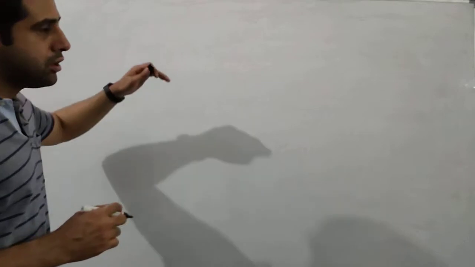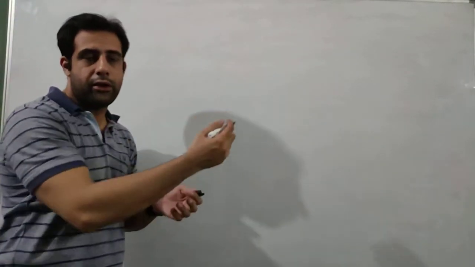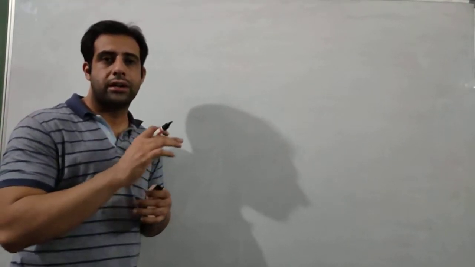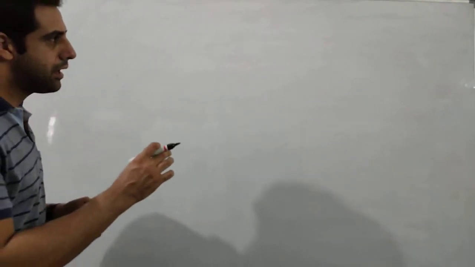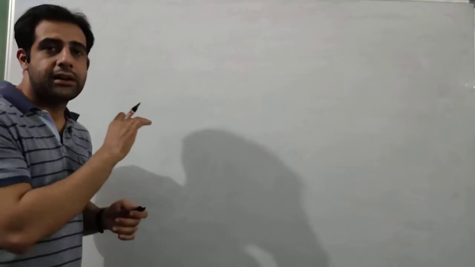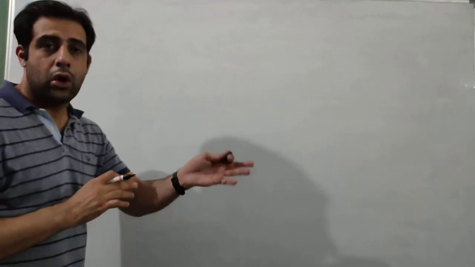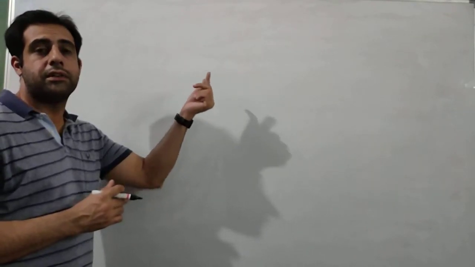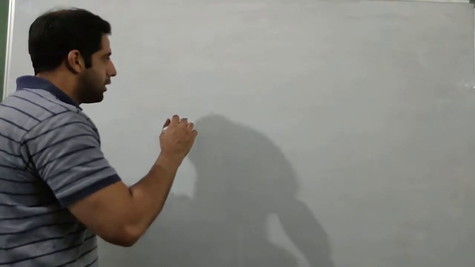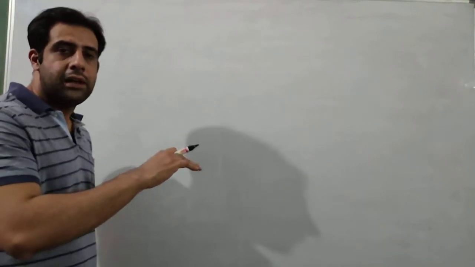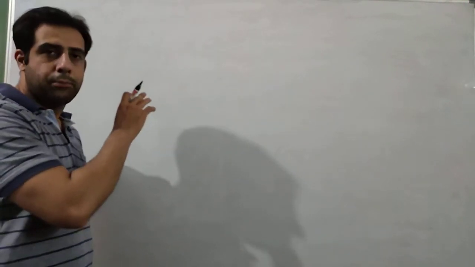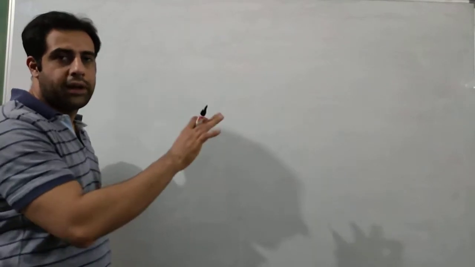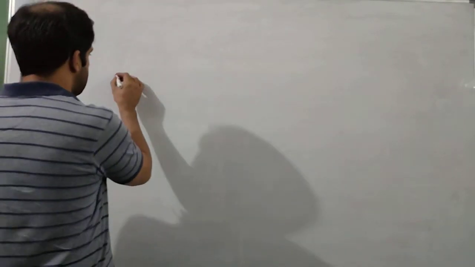Now, the first thing is to use a scale. Don't draw it like I am drawing. I do not have that big a scale, but use a scale and pencil and make sure that every line that you are drawing is a straight line. All the light rays, all the incident and reflected rays, the principal axis, all of them will be drawn with the scale. The distance at which we are going to put the focus and center of curvature will also be measured by the scale. So if you do everything by using a scale, your diagram and the position of the image, everything will be correct on its own. You don't have to do anything after that.